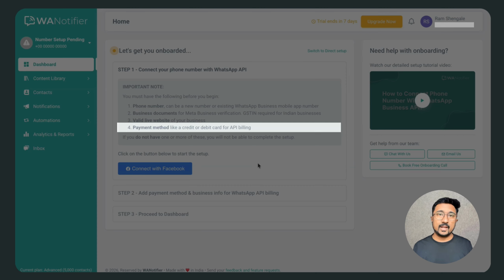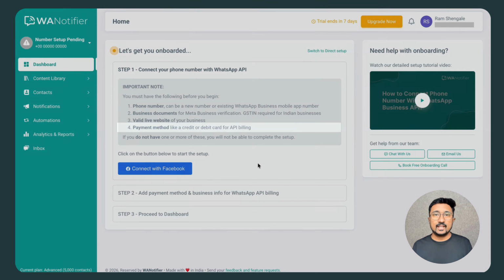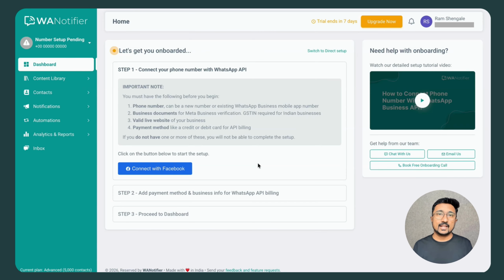The WhatsApp API is a paid service and you need to pay them a small fee for every message you send. This is why you need to set up a payment method such as a credit or debit card for API billing. If these requirements are clear and you're ready with these, let's get started by clicking on the Connect